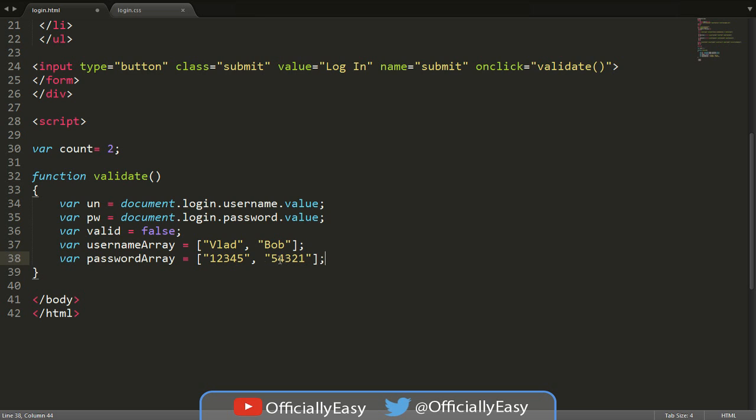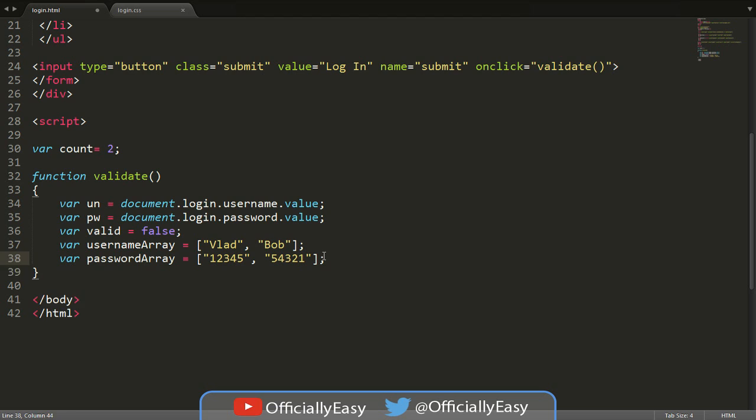One thing to note is that, for example, you see Vlad. My password will be 1 2 3 4 5, it won't be 5 4 3 2 1. They correspond. So Bob will have 5, 4, 3, 2, 1 and Vlad will have 1, 2, 3, 4, 5. They cannot have different passwords. If I write in here cow, then my password will be cow. If I write in the username Vlad, the password would be Vlad cow, not Vlad, cow. So they just correspond. You have to know that, because then you'll be like, why is this password not